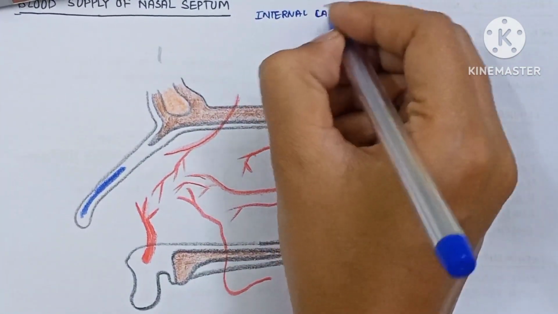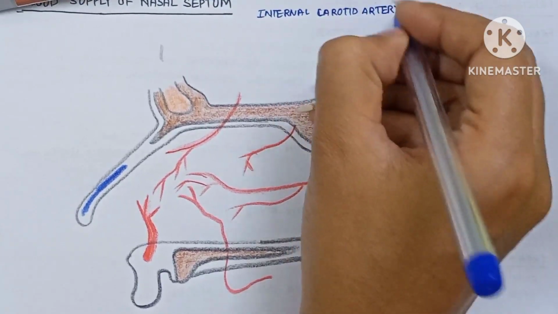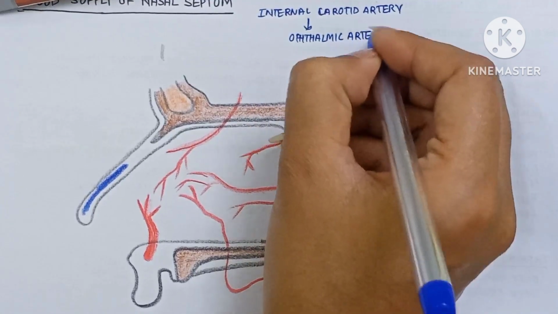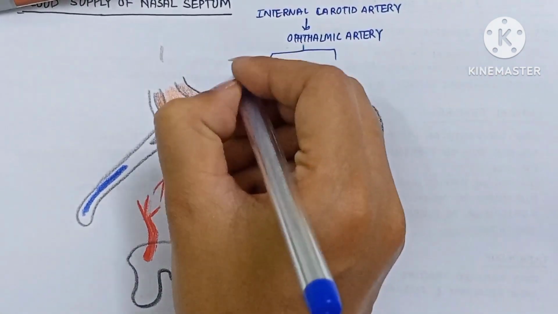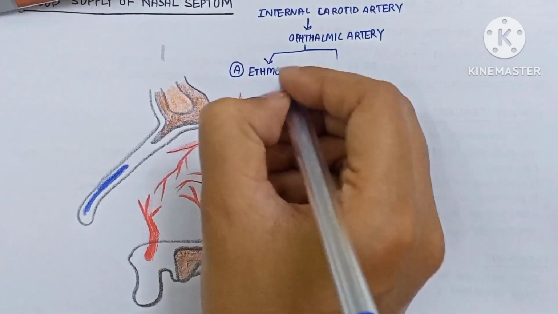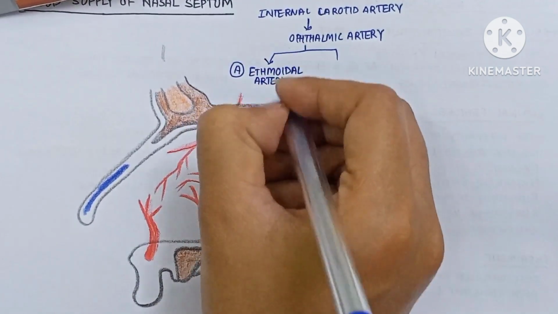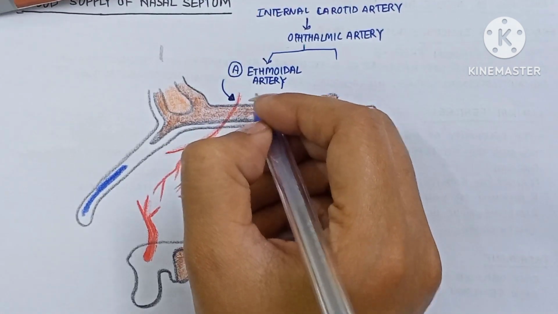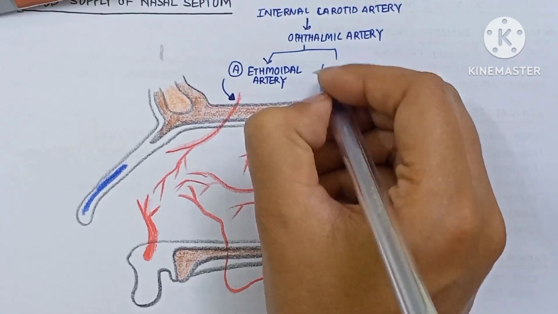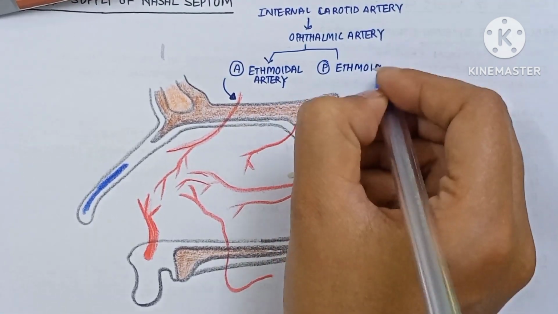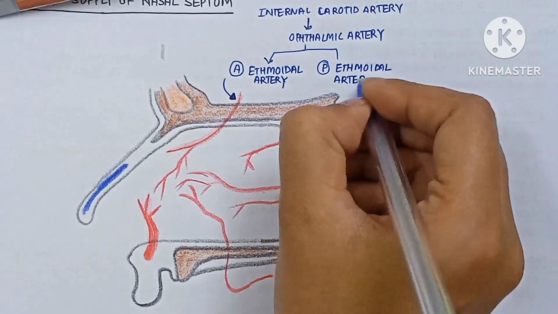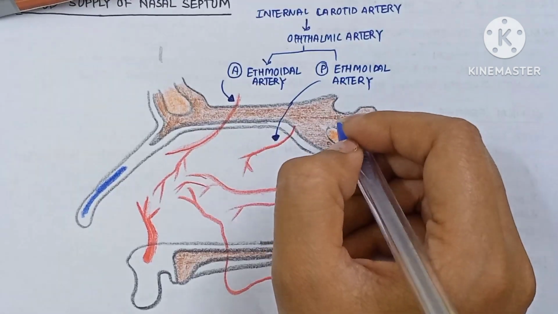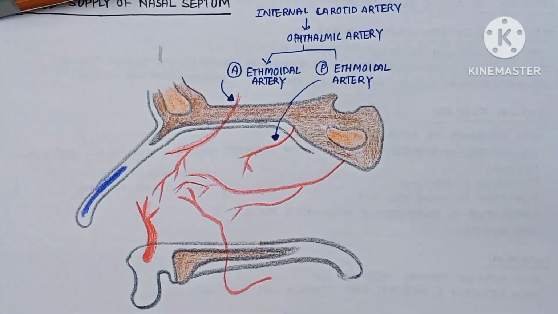So the internal carotid artery has a branch, the ophthalmic artery, which enters the orbit through the optic canal and gives off two branches. The anterior ethmoidal artery, which during entry into the nose produces a projection known as the anterior ethmoidal notch, supplies the anterior part of the septum. Now the posterior ethmoidal artery supplies the posterior superior part of the nose. Both arteries, the anterior and the posterior ethmoidal, pierce the lamina papyracea and pass through the same-named foramen, entering into the nose.